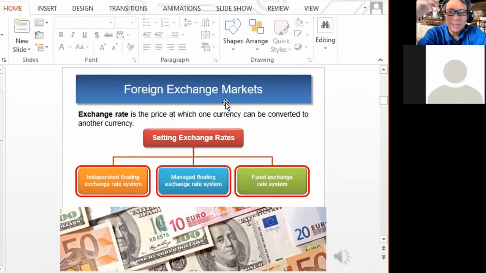When we say it depreciates, it actually weakens, but the number goes up. So it just means that the dollar is becoming more expensive. So if the dollar today is 40 pesos and it becomes 50 pesos tomorrow, that is an example of the peso depreciating. Okay, so let's make that clear.